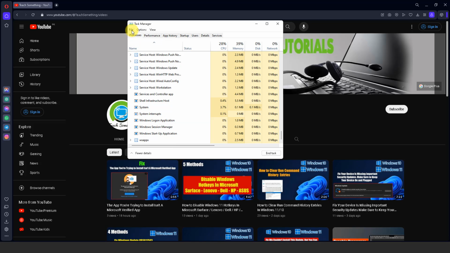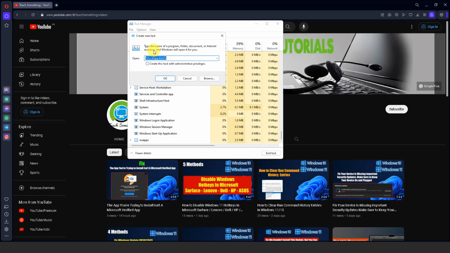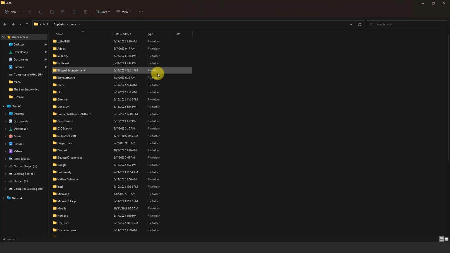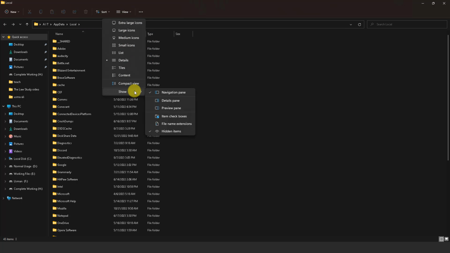After doing this, go to File, click on Run New Task. After that, type %localappdata% and click on Create this task with administrative privileges. Click OK to continue. After opening that, first of all, click on View, go to Show, and make sure that